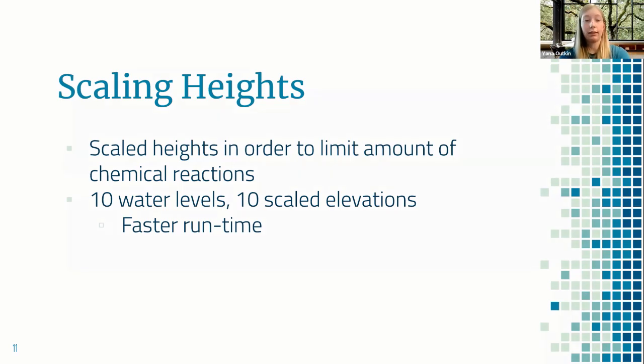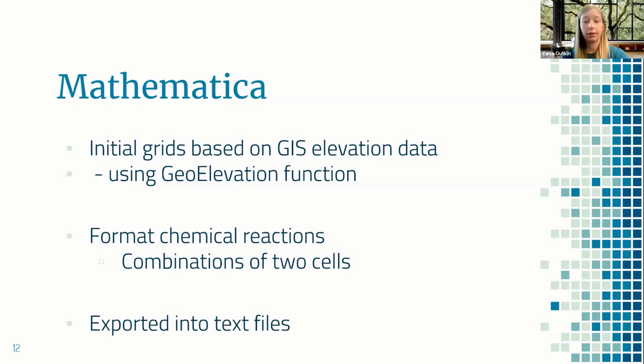So I used Mathematica to generate the elevation values for a region using the inbuilt geoelevation function. And then I created a corresponding array with the initial water levels. And for this approach, I set the rainfall across the region to be 3 inches, simulating really heavy rainfall. Okay. And then I exported these initial